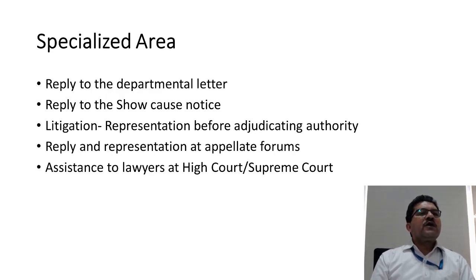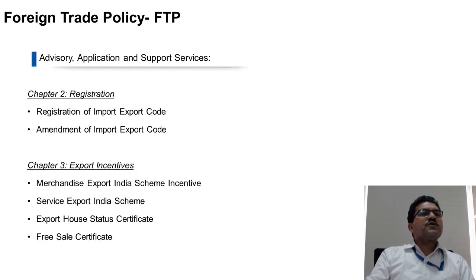relief. In case of decisions not coming in favor, then the appeal at the appellate forums, and the representation before them could be a bit different from the representation before the adjudicating authority. In India, most of the disputes presently are getting settled at the point of the second appellate forum, which is the tribunal. At times, assistance to lawyers in the High Court and Supreme Court also becomes necessary when the case does not get resolved at the tribunal, in which case the way in which one can assist the pleading, the replies, the writ, etc. in the High Court or Supreme Court is very important. This also is a very specialized area of